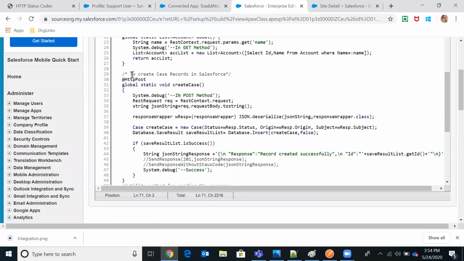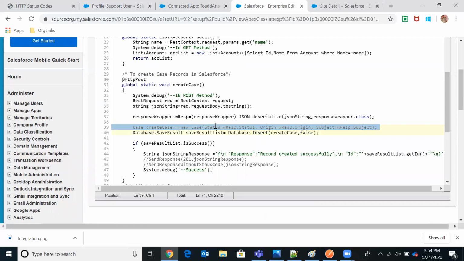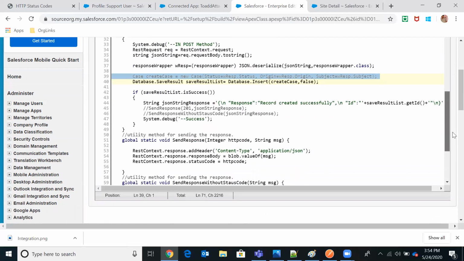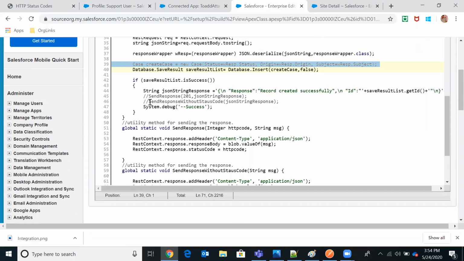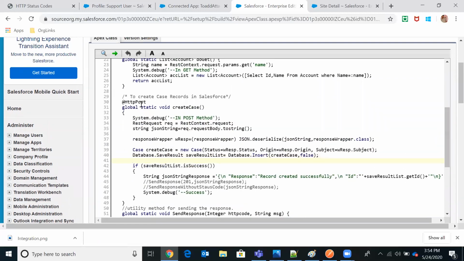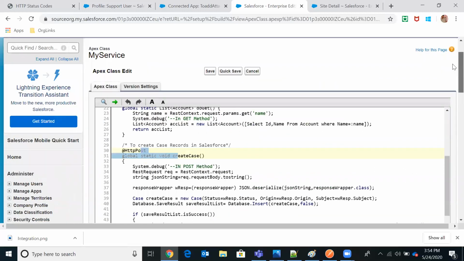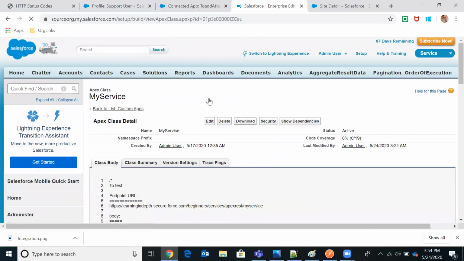So this is my POST method. Inside the POST method I'm trying to insert a case record. I'm not calling this method here, and this method has a return type of void. Let me save this class.